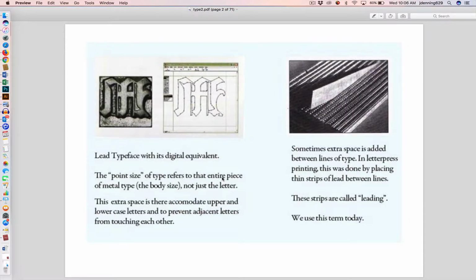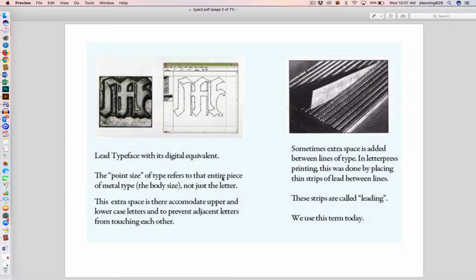So there's a lot of terminology that comes from this letterpress printing. And the terms that we still use today, leading and kerning, for example, point size, are all from this process that originated in the 1400s. So lead type was the actual blocks of lead that were used to press down onto the paper. And the digital equivalent is